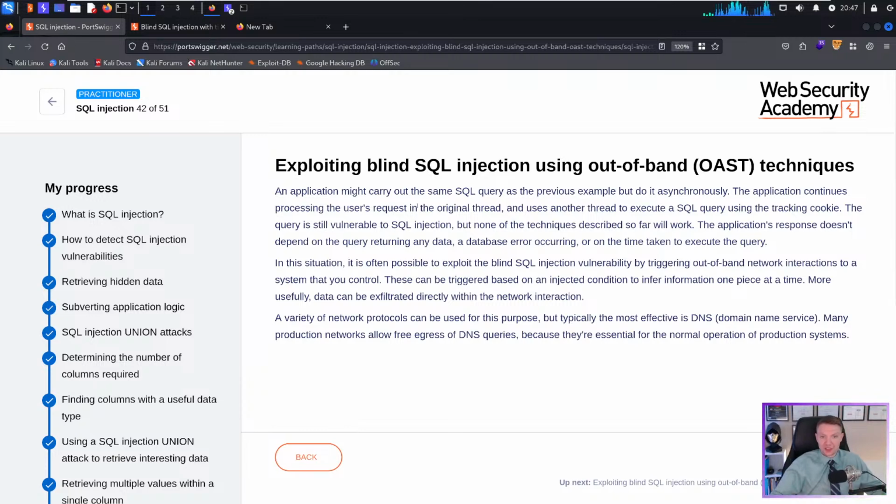Exploiting blind SQL injection using out-of-band OAST techniques. I don't know what the OAST stands for. Out of... Yeah, I don't know. The application might carry out the same SQL query as the previous example, but do it